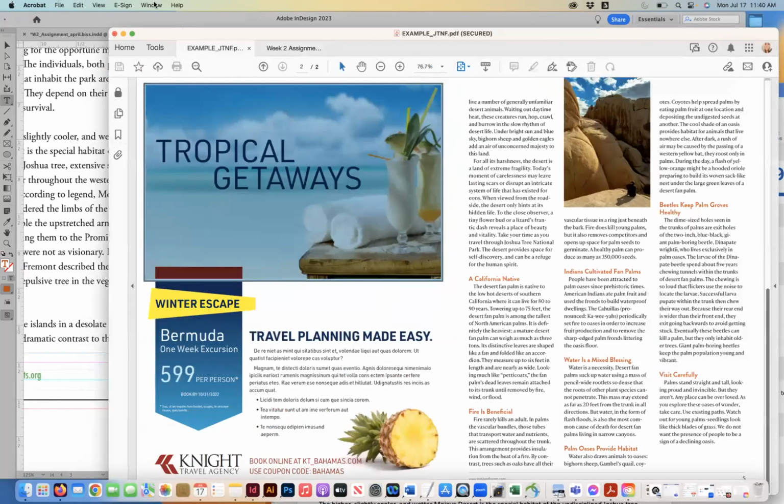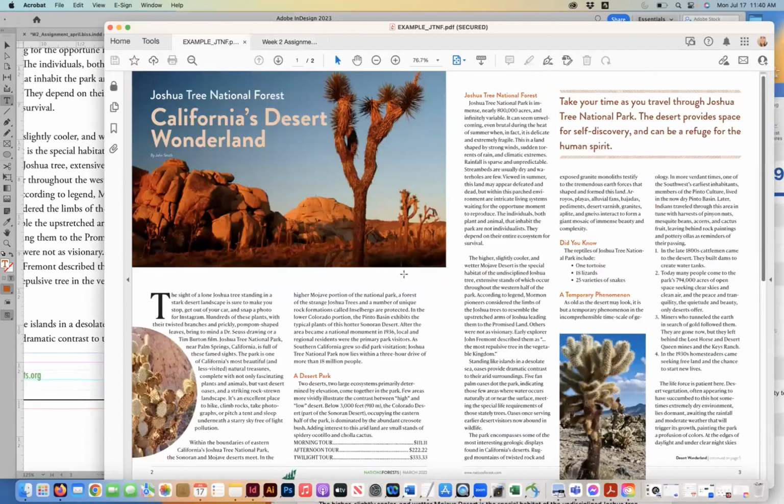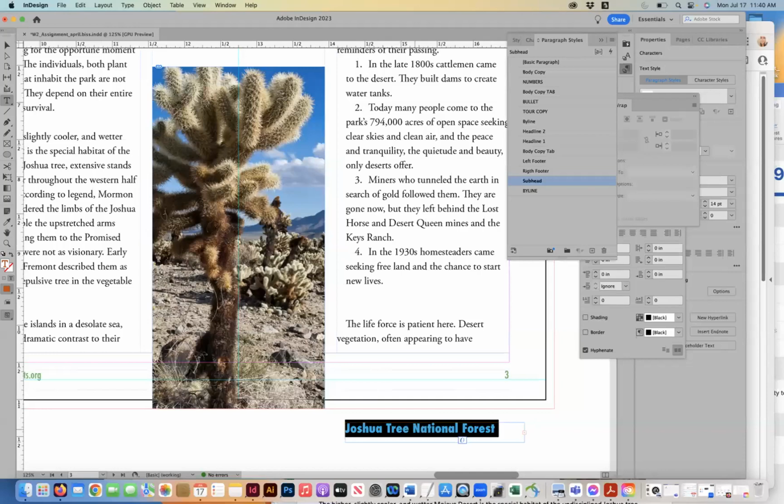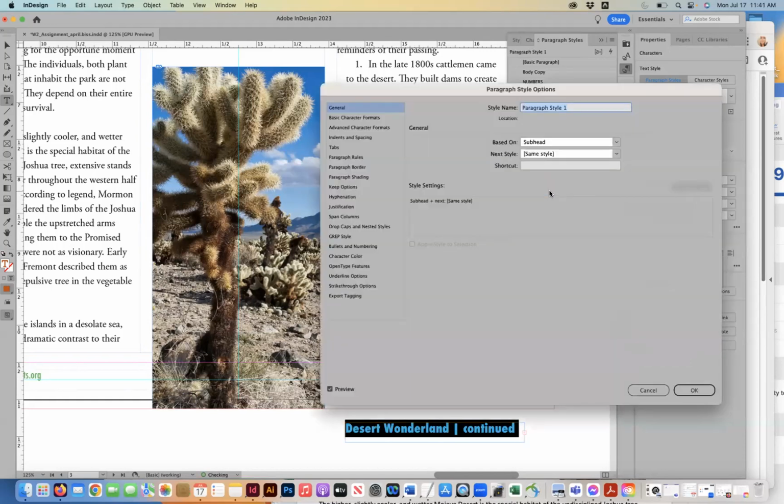I'm just going to name this continued copy. I think that's probably the easiest. Desert Wonderland continued on page 5. And then they do a little straight bar, which is underneath the delete key on your keyboard if you hold shift. And then I'm going to do a new style sheet. I'm going to name this continue